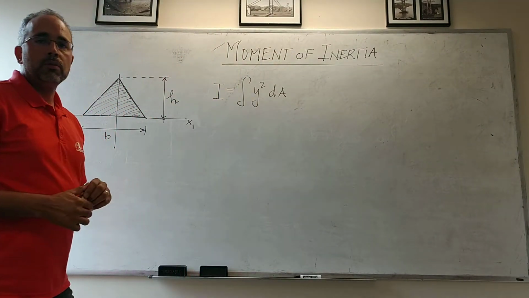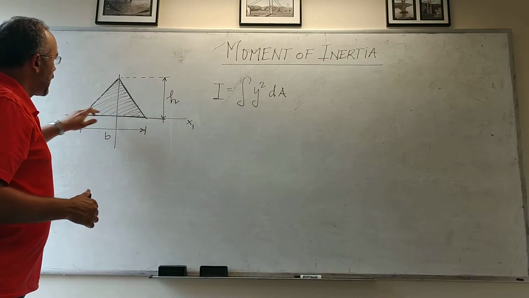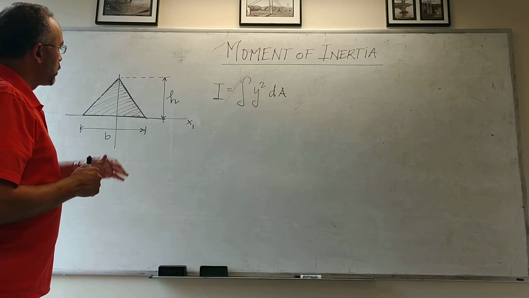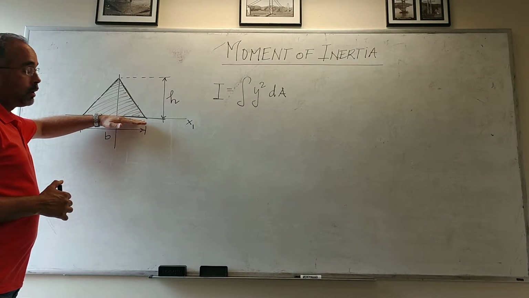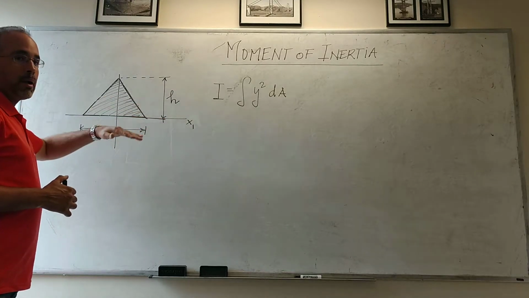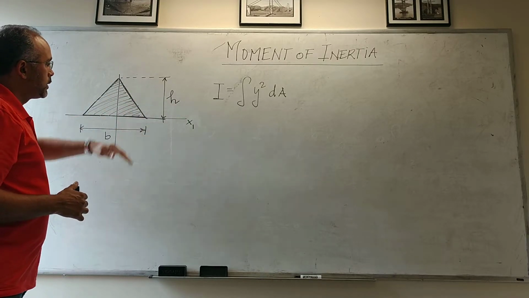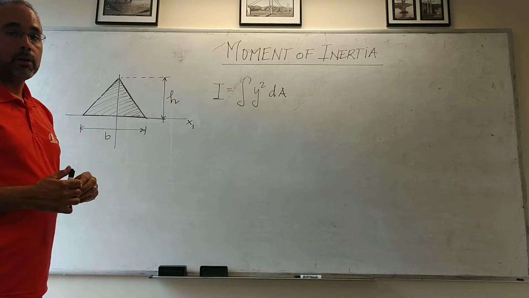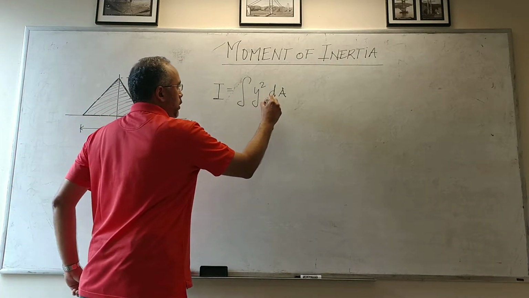Here we are going to evaluate the moment of inertia of a triangular area. We're going to do that first about this axis right here, which is the axis at the base, and then using parallel axis theorem we are going to move that to the centroid of the cross section. So as I mentioned before, here the